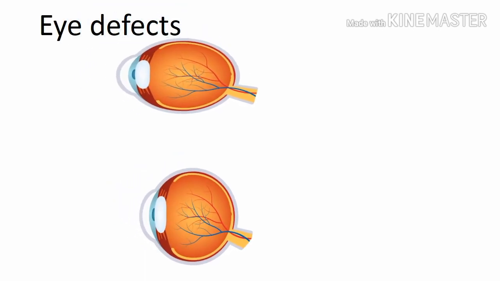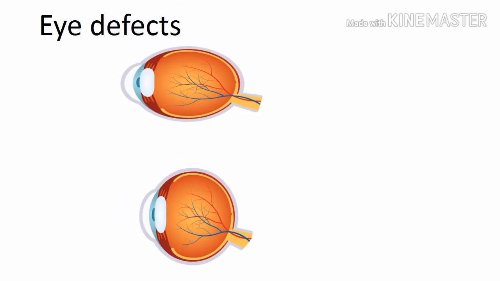Eye defect is something that happens due to a structural or functional issue of the eye. As an example, sometimes the eyeball becomes short or long. Sometimes the eye lens is unable to adjust the focal length of the eye. Two eye defects can be found among humans. They are long sight or hypermetropia and short sight or myopia.